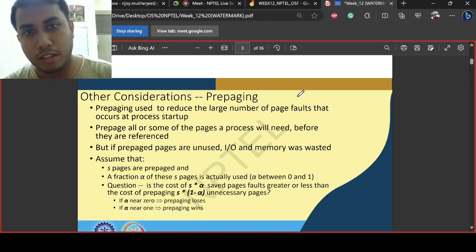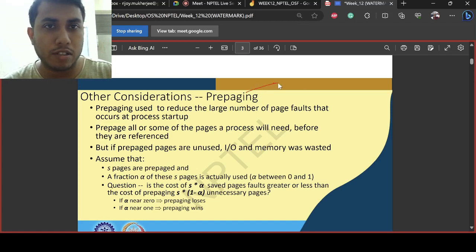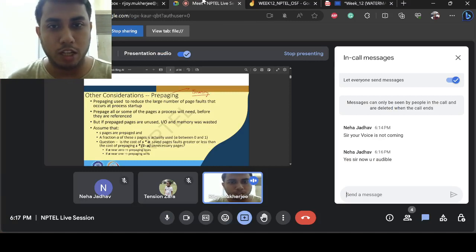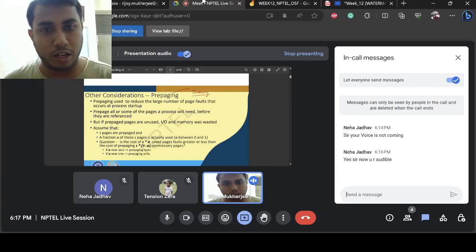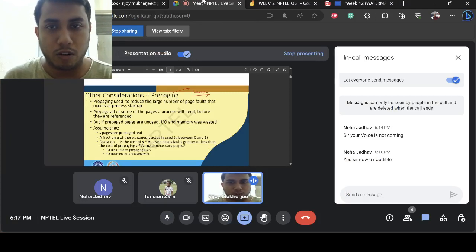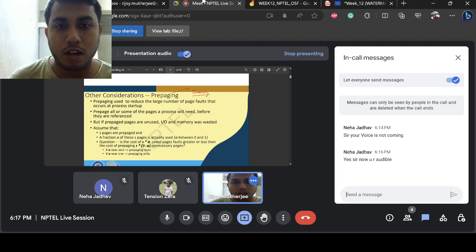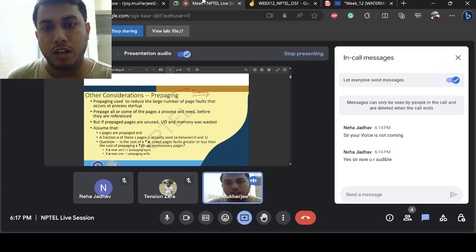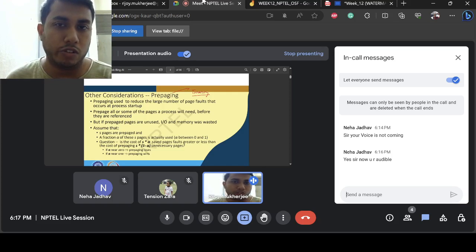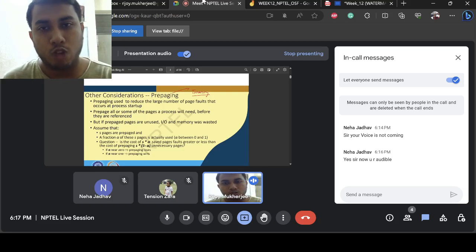So I was discussing, why do you need pre-paging? Last week we came across this term called thrashing. What was happening in thrashing? There was a continuous movement of evicting a page from your main memory and loading another page after each process request. Our process was spending a considerable amount of time evicting and bringing pages back and forth. That was a big problem. One thing that can be done to solve that thrashing is